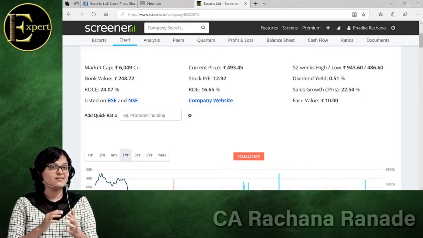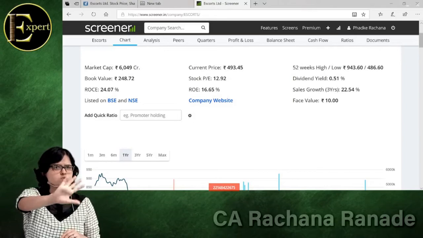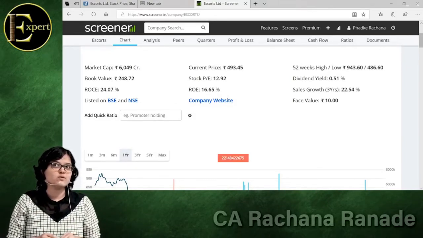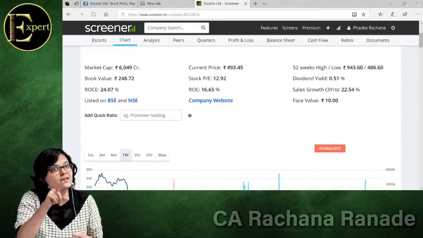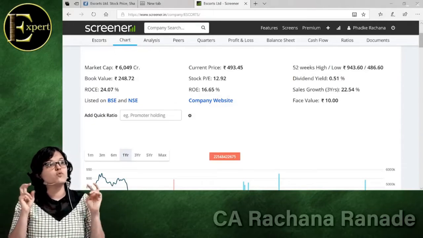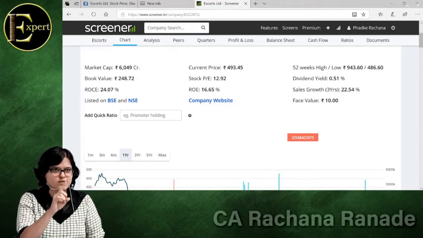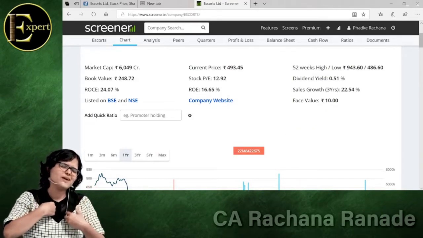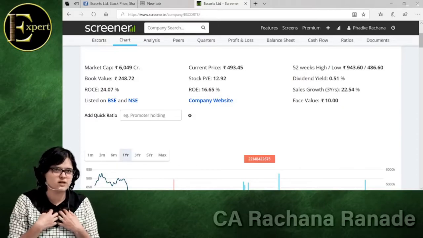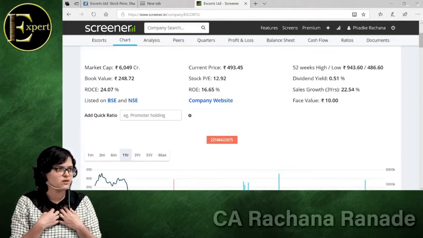Intrinsic value is a big thing. Book value is not necessarily equal to intrinsic value. Intrinsic value is what should be the value of the share, which we can calculate by various valuation models. Intrinsic value is the true value hidden in the company, the fair value. To calculate intrinsic value, you will have 20, 25, 30 models. I'll teach you one model which I generally use, the earnings enterprise value model. Okay, so with that your intrinsic value will be clear.